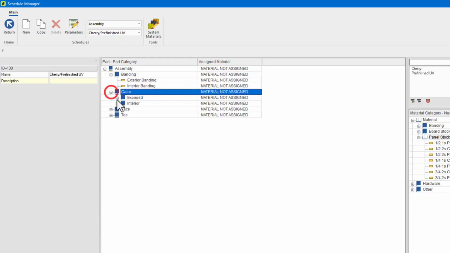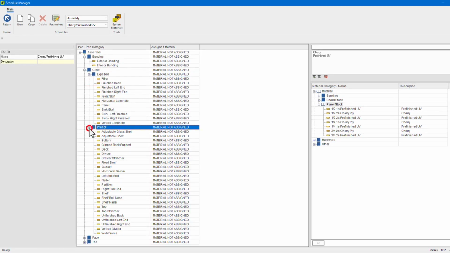So let me expand some of these options here. We have different bandings. We have our exposed parts such as finished ends, sink skirts, panels, and then all the interior parts like bottoms, decks, fixed shelves, all these different types of parts. And if you're not familiar with the terminology on some of these, it will become clear once we get inside of a job. So I'm going to start by just going down this list and assigning our materials to the